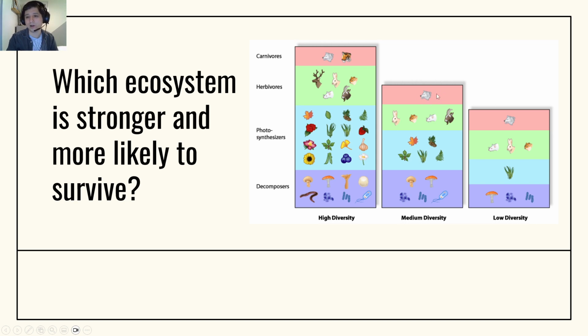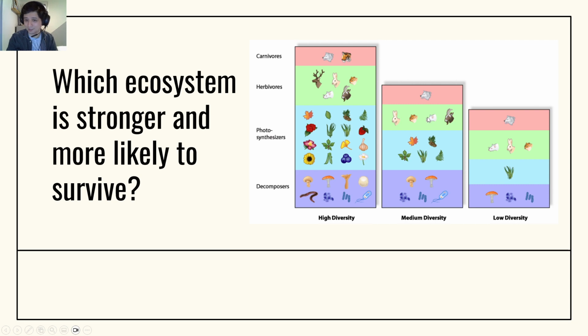Well, you can imagine the number of herbivores will increase, which means the number of plants or photosynthesizers will decrease, right? Which would cause this whole ecosystem to go out of balance, out of equilibrium. So it's better able to handle a disturbance than the low diversity ecosystem, but